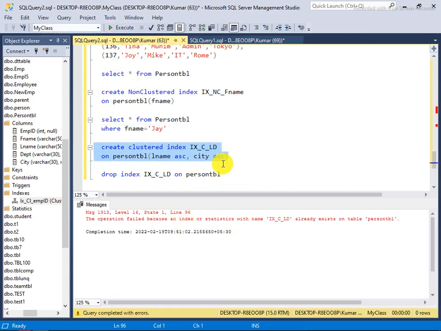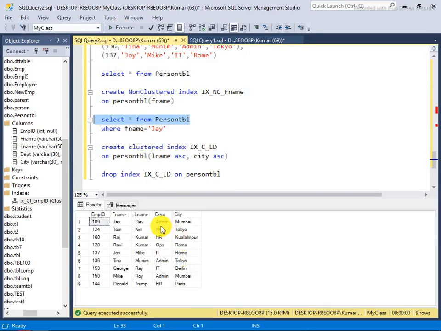Sorry, the index has been applied already. So now I show you here. Notice that this is also in ascending order, but the first priority is this and the later priority is this, though both are ordered in the same way. So if you make any entry, it will go according to alphabetical order.